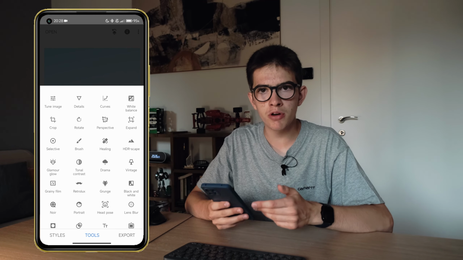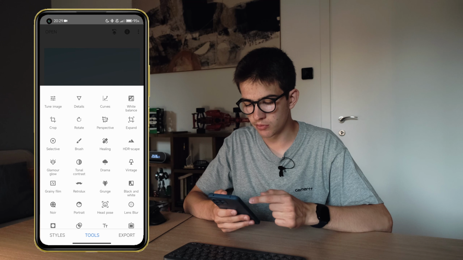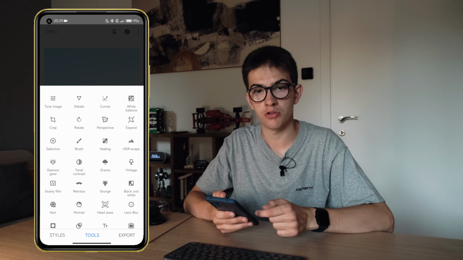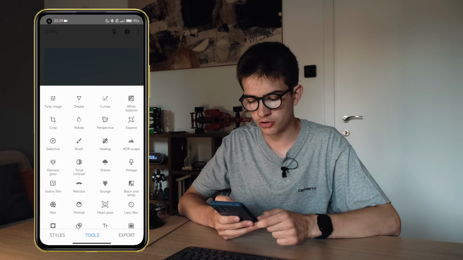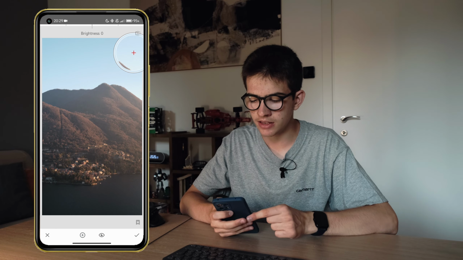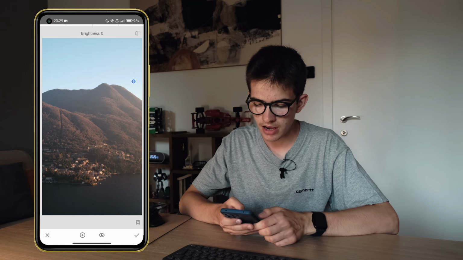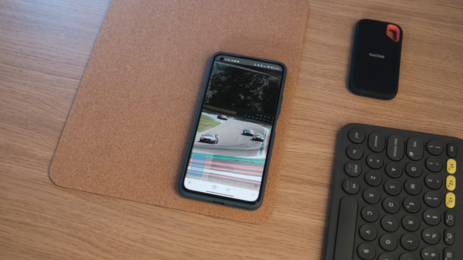Now as you can see we have done some basic edits to our pic, and there's a small little difference. But now we're going to move on to some complex tools, which are selective, brush, healing and tonal contrast. The first thing we are going to do is go on selective, and here you can create some masks in your pic, just simply tapping on a part of the pic, and it will select the colors in that area of the pic.